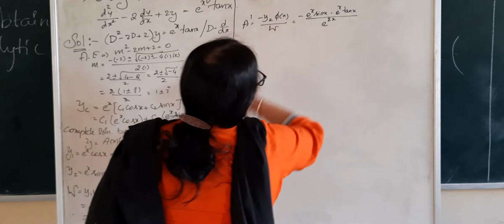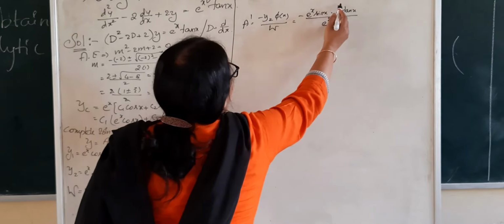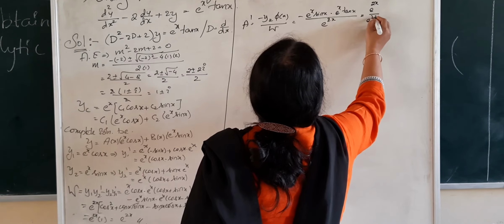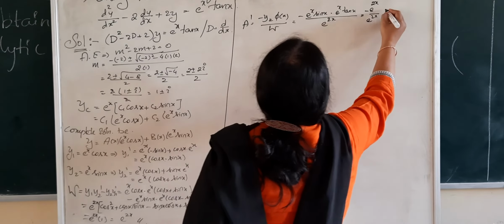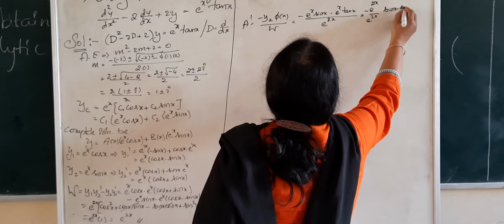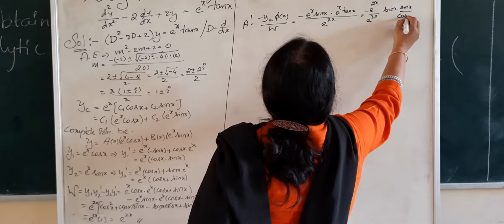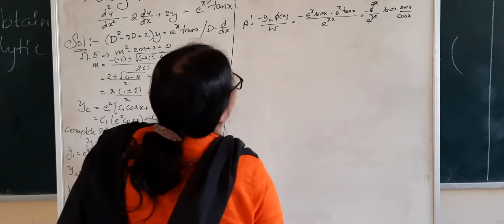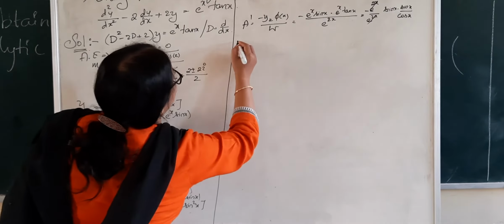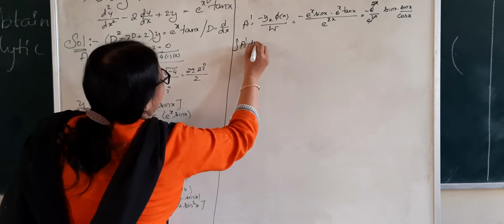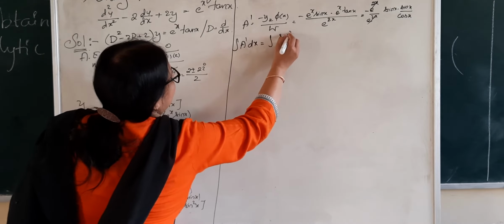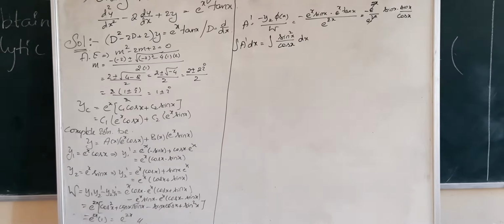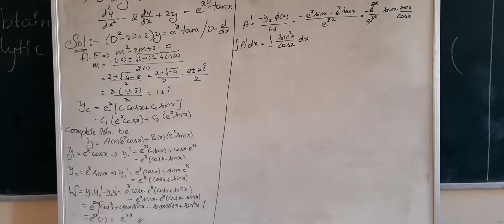Just now we found W is e power 2x. Now you can see e power x into e power x is e power 2x, which gets cut with the denominator e power 2x, and there is a negative sign outside, and sin x into tan x can be written as sin x by cos x. So this gets cut, and our A dash is therefore equal to sin square x by cos x. Let us apply integration on both sides. So we get integral of sin square x by cos x dx. Understood, guys? Now we have to integrate it.